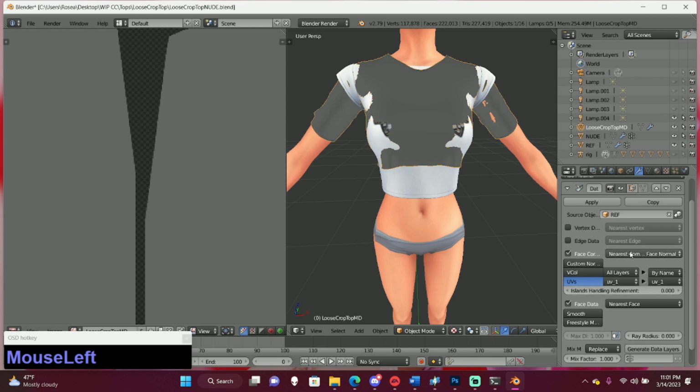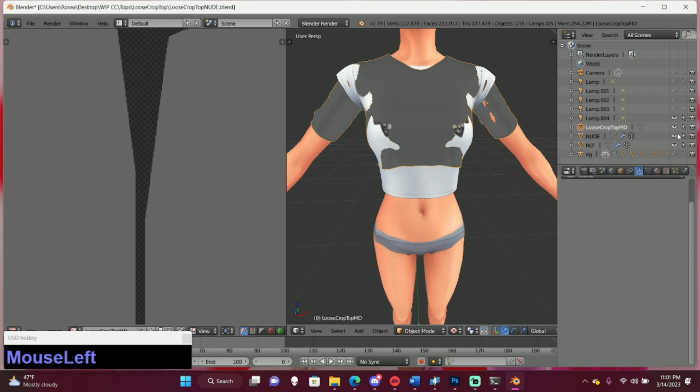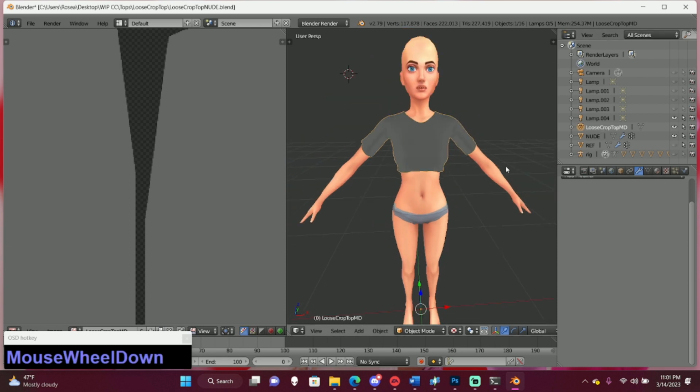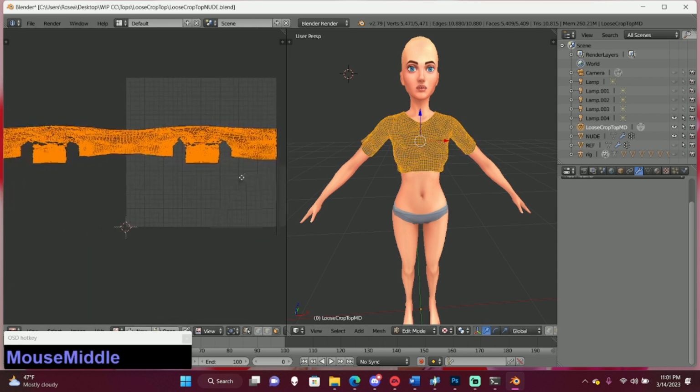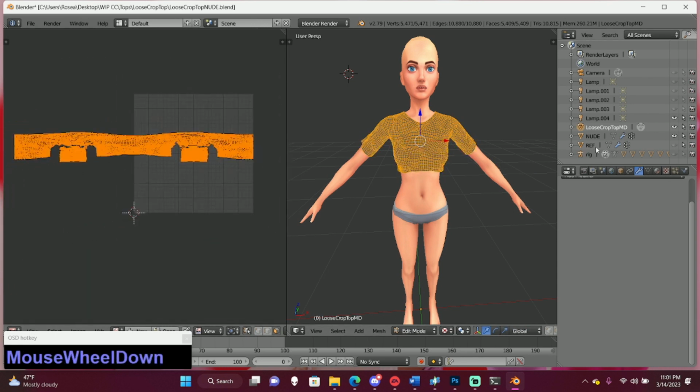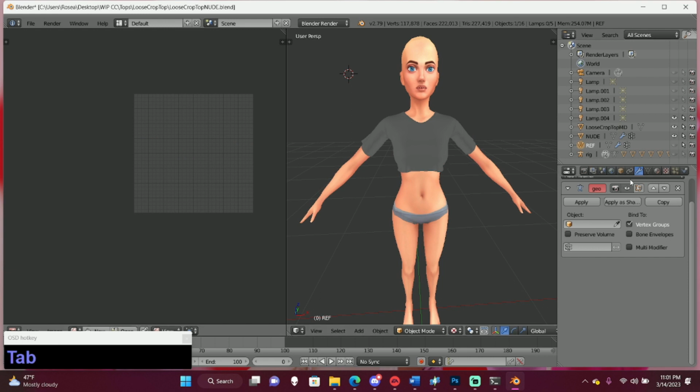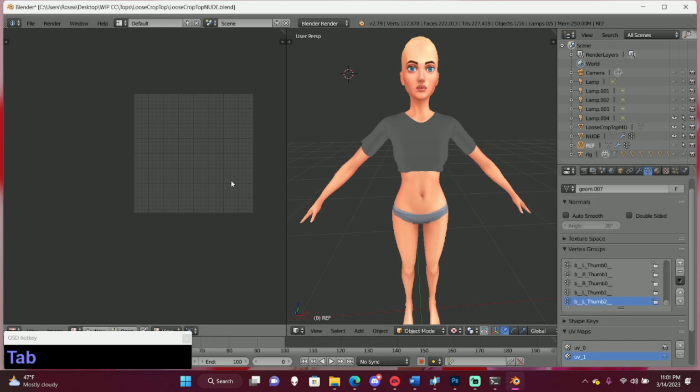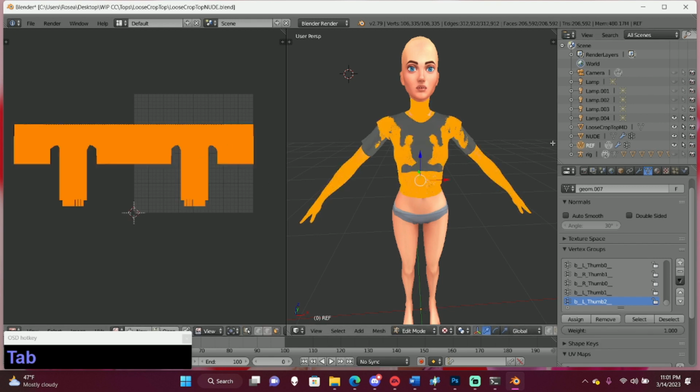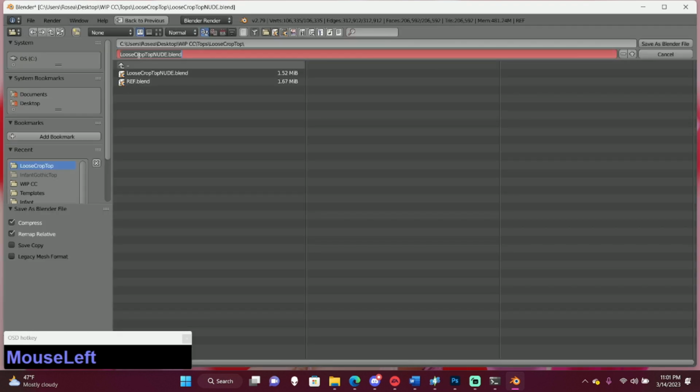Before we used to change this, but I don't change it anymore. And then click Apply. Now we can hide our reference and press Tab, and we see our UV1 looks similar to that of the EA UV1. So that's what the EA UV1 looks like. Alright, so now we're going to File, Save As, and call it Data Trans.